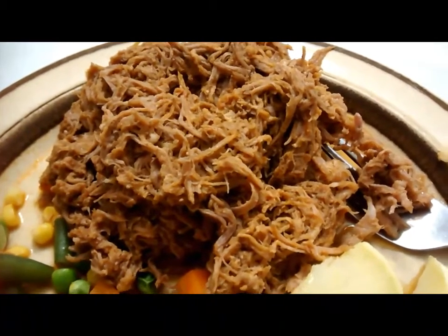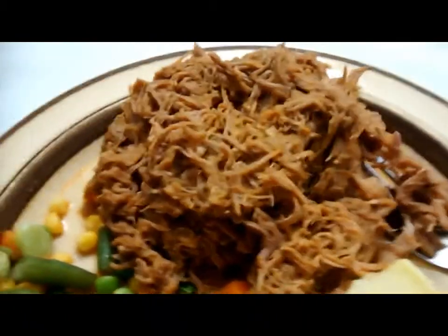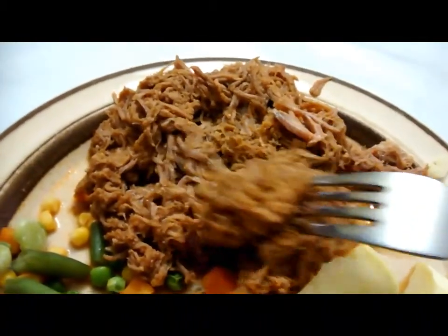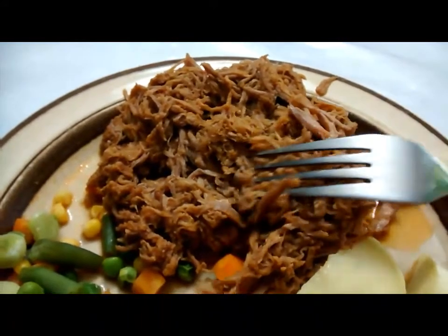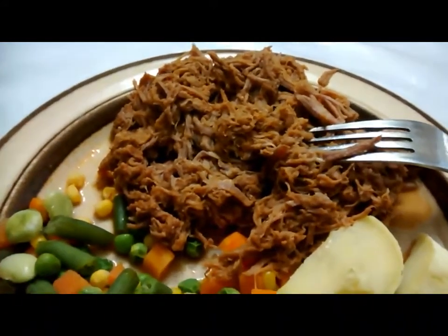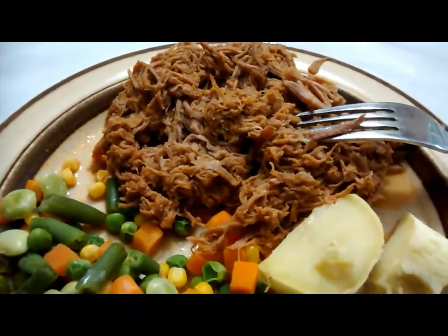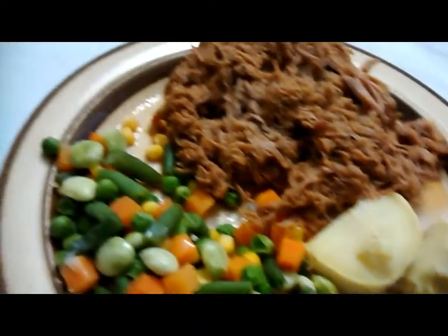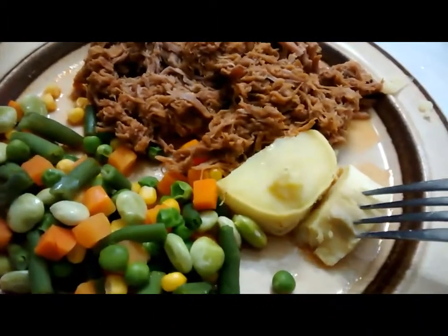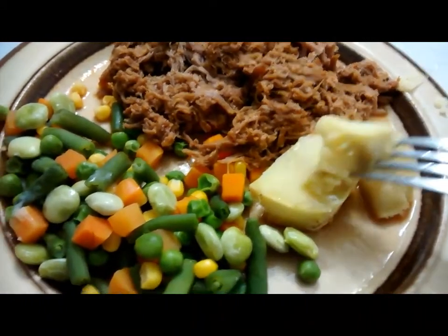Our butcher sells it, and it's just lean pork roast that I cook in the Instant Pot, and I season it myself this time. Sometimes we buy it pre-seasoned, and it's so delicious. And I put 8 ounces on, and it just seems like a lot of meat, but I needed some more protein today. And then this is 50 grams of a yam, and I believe that this is 10 carbs,